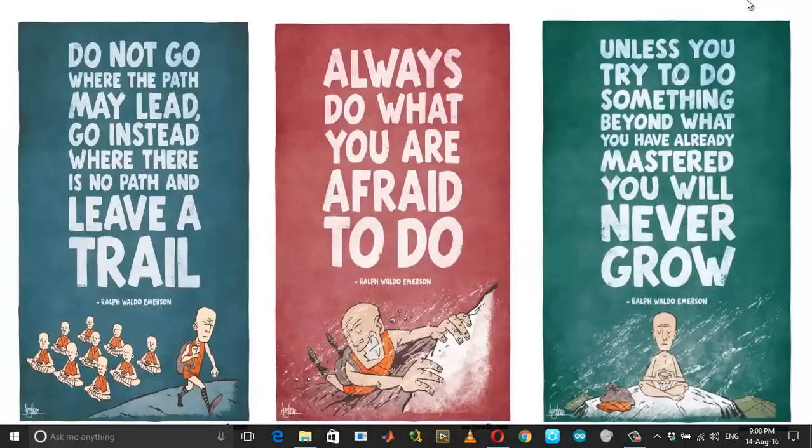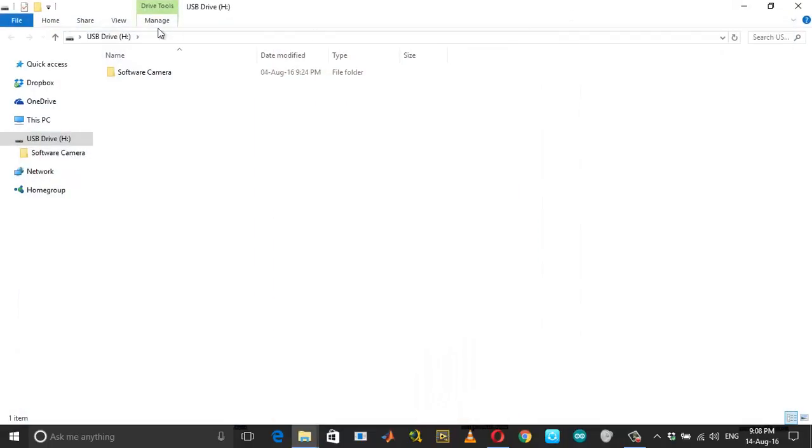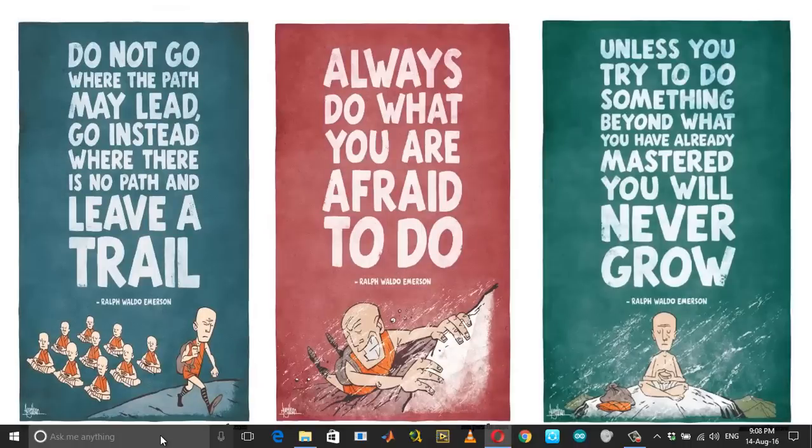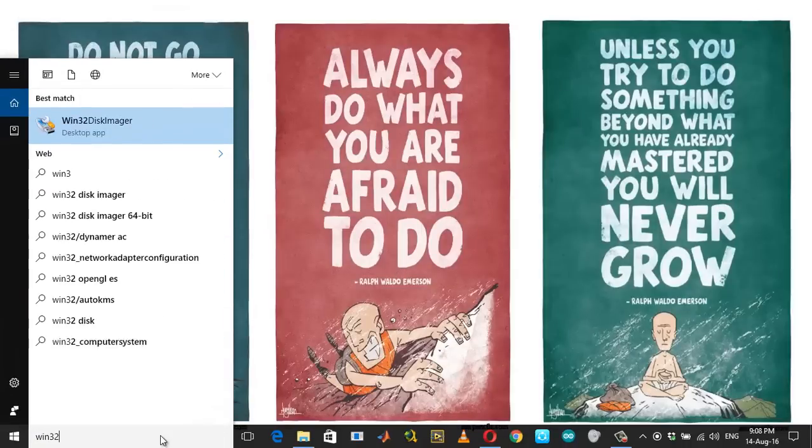Let me insert the thumb drive into my PC. It has been detected. Now run the Win32 Disk Imager.